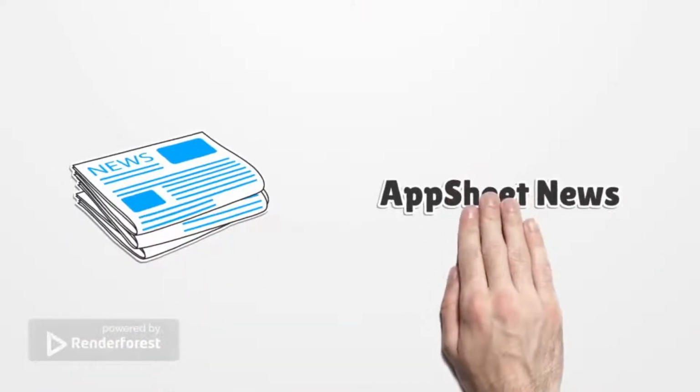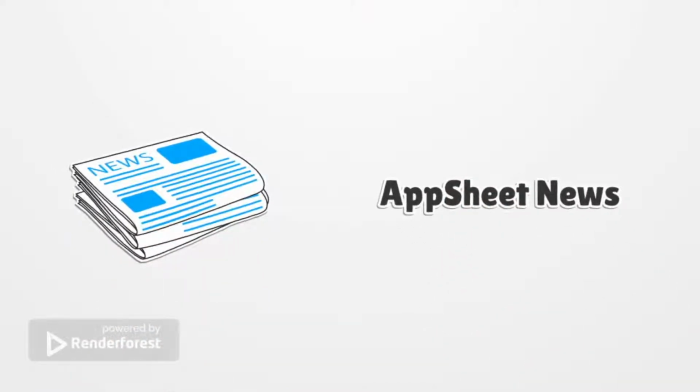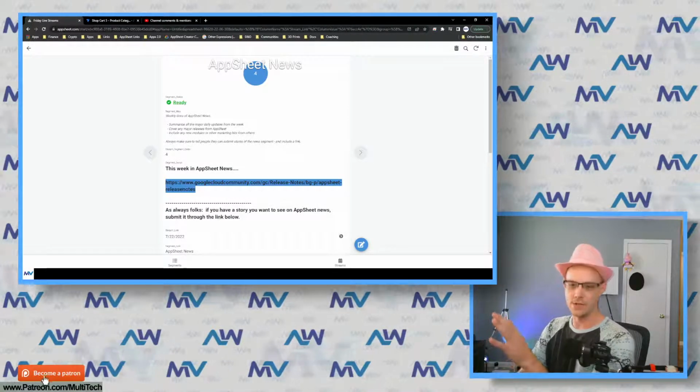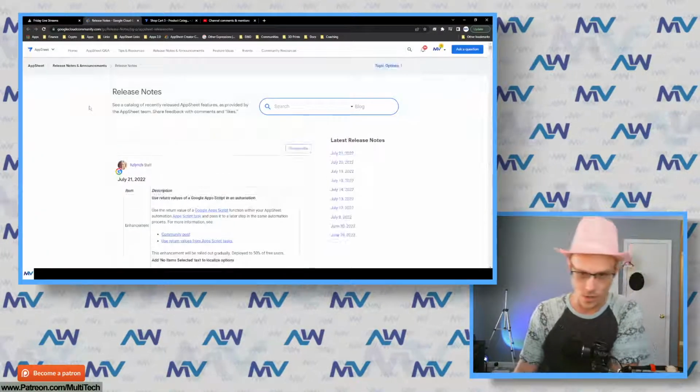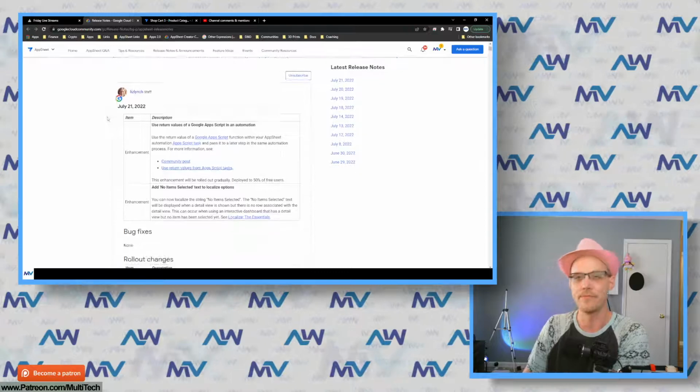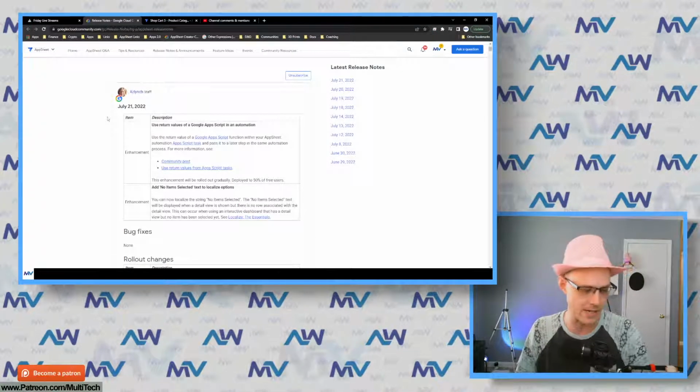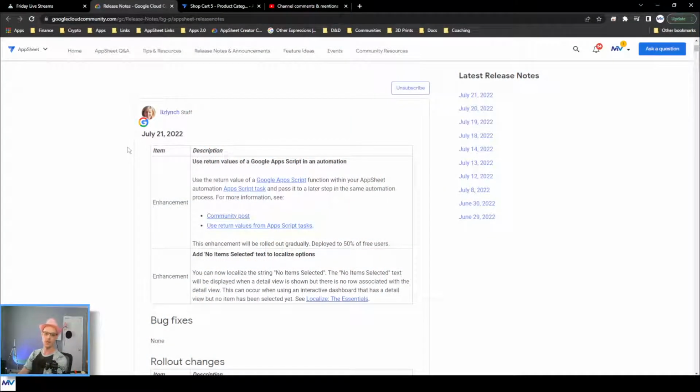Let's move on. AppSheet had some pretty good news this week. The biggest release that was put out by AppSheet this week was the something for teams. So unless you're using the My Teams functionality for AppSheet, there's not much for you this week. If we just go down the line here, yesterday, July